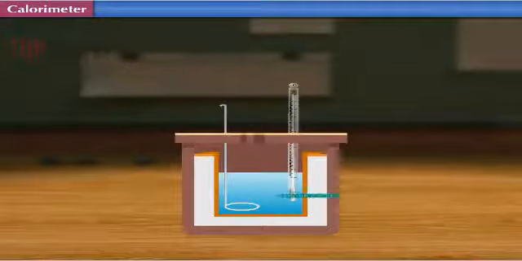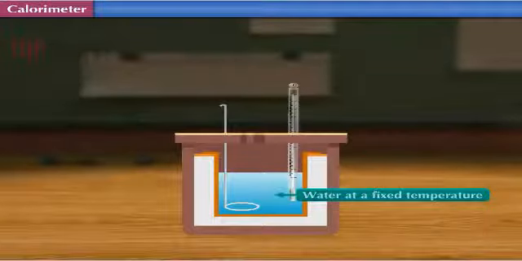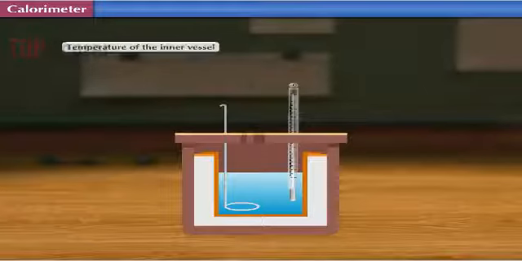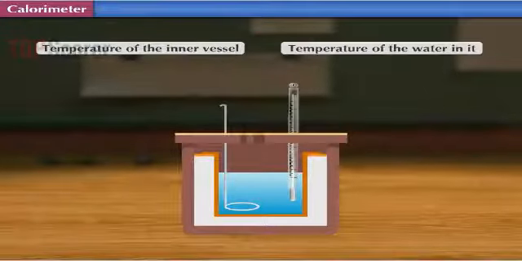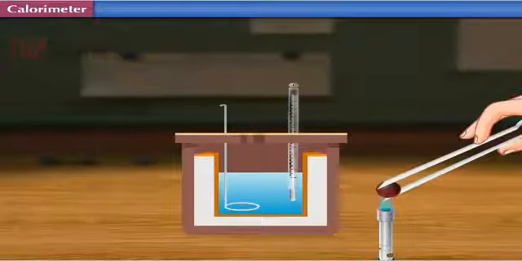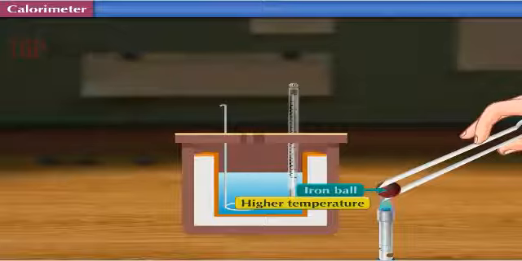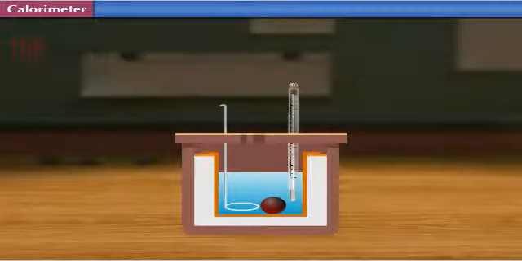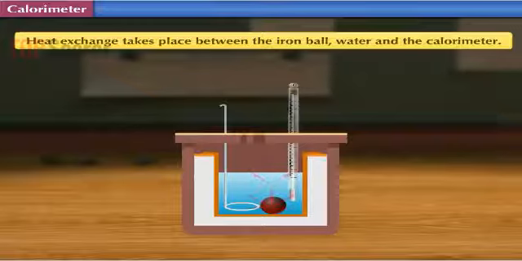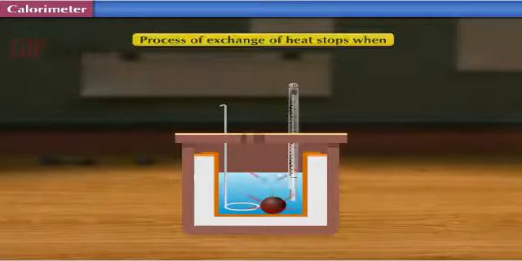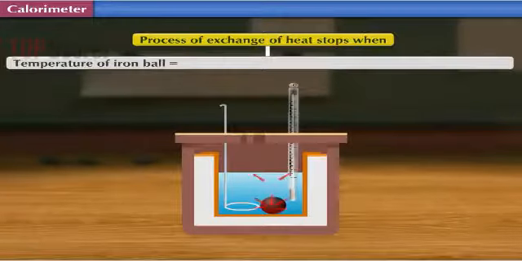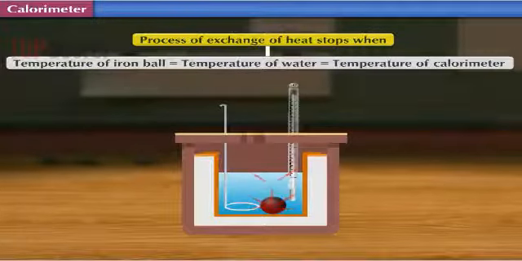Inside the calorimeter, water at a fixed temperature is placed. This means that the temperature of the inner vessel and that of the water in it is the same. When a hot object, for example say an iron object at higher temperature, is placed in water, heat exchange takes place between the hot object, that is the iron ball, water, and the calorimeter. The process of exchange of heat stops when all the three, that is, the iron ball, water, and the calorimeter